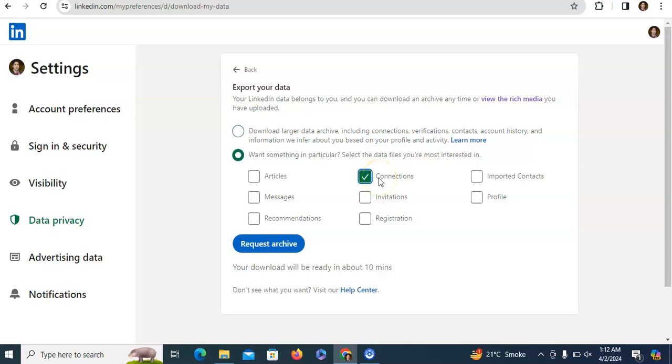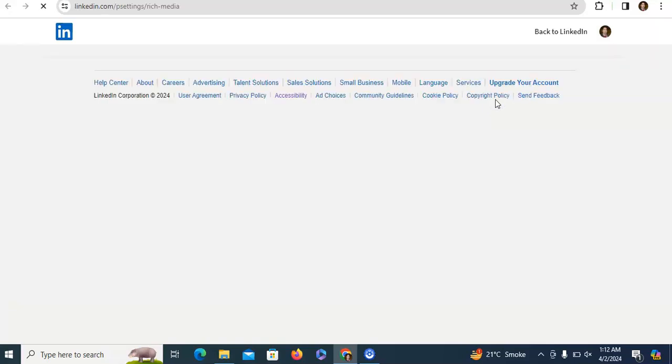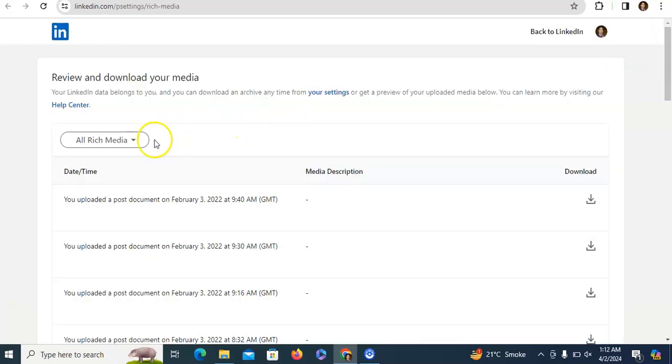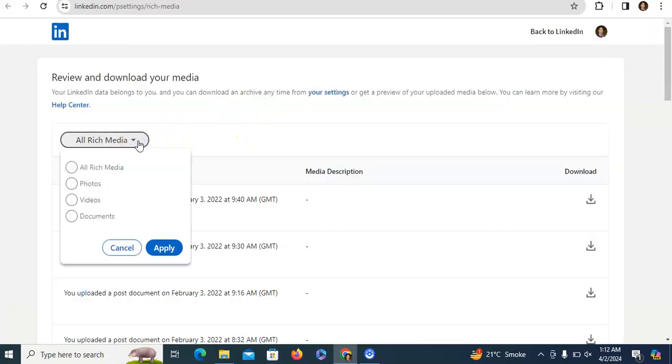And if you want to view your rich data, then you just need to click on View the rich media. And after this, from here you can select your photos that you already posted on LinkedIn, your videos that you already posted on LinkedIn, and if you have documents that you already posted on LinkedIn, you just need to click on this. For example, I just need to download my photos, so I just need to click here on photos,